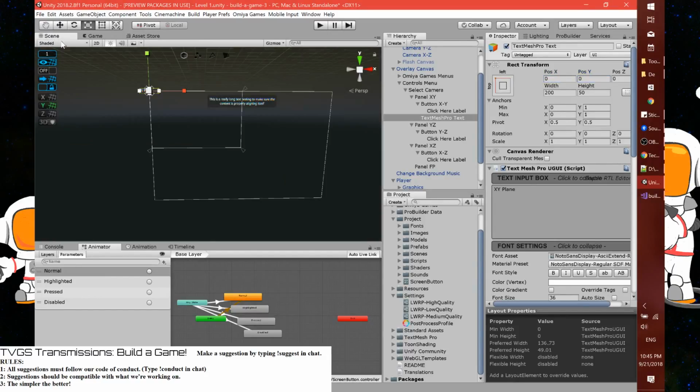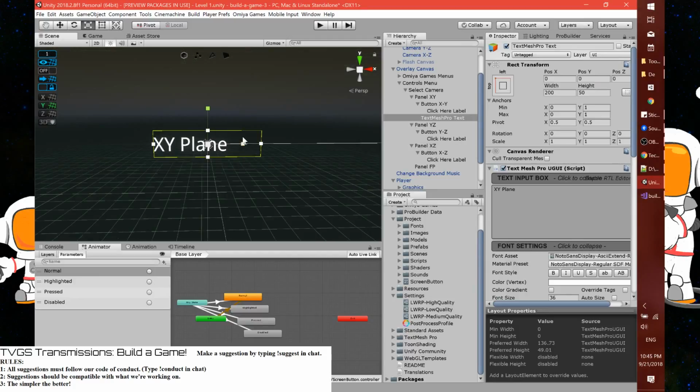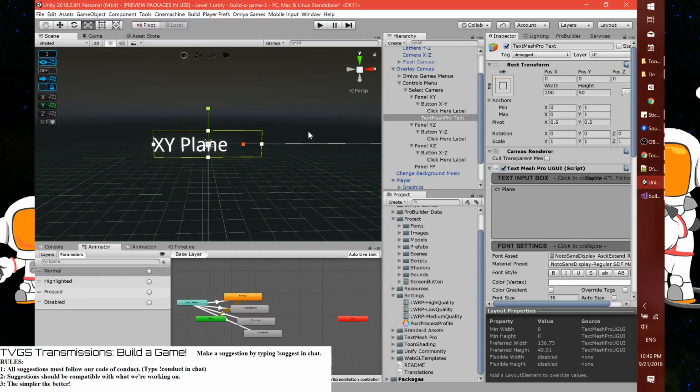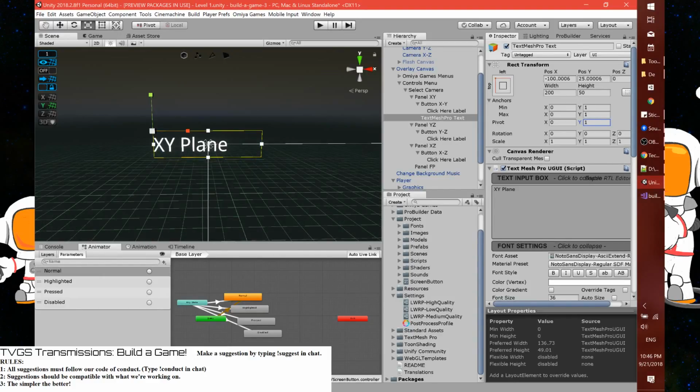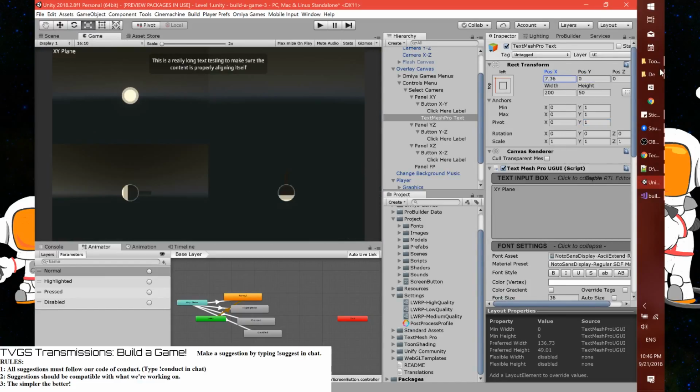Right, and the reason it does that is because the pivot point is not set properly. I think it's 0, 0. Nope, 1. There we go. Then I can pull in a tiny bit of padding here. So 50. Oh, negative 50. Probably don't want that. 25. That looks good. So we can say plane, label,